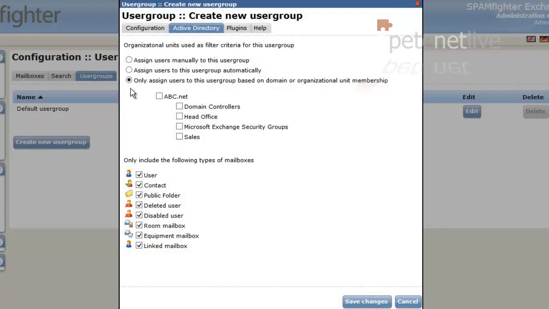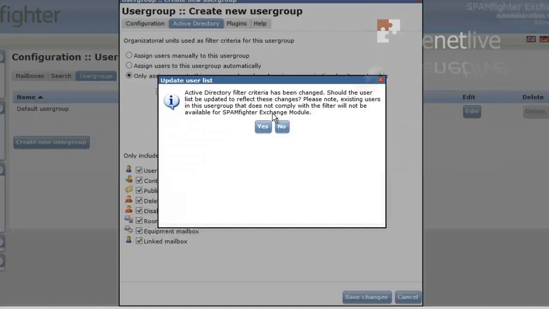However, if you've got a decently designed Active Directory, you can specify your groups and base them on the OUs within your existing domain, which is quite handy. For example, if I wanted everybody in group 1 from the head office, I can simply do that and save changes. Yeah, there's a slight warning there about